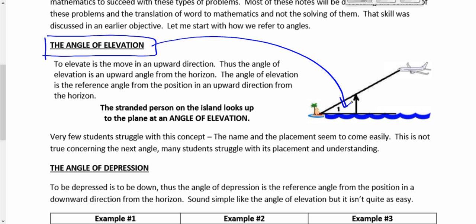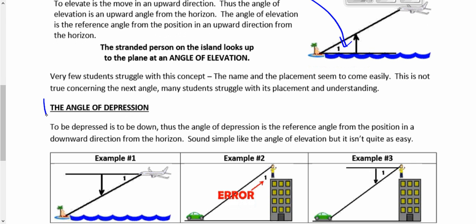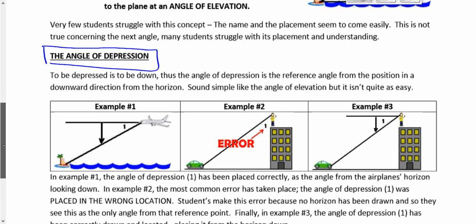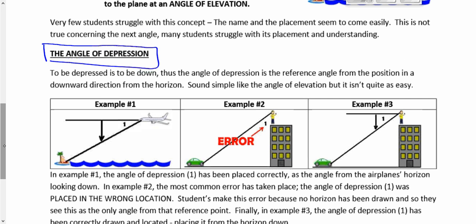Now, there's another type of angle, and we got to be real careful with this other type of angle. Angle of depression, okay? So the angle of elevation going up, the angle of depression would be doing what? Going down. From where is the thing, right? So, if you take a look here, you see this airplane? Its line of sight to the guy on the island is this angle up here. But you see this? You need that horizon line, okay? Because if you don't have that, you don't have the angle of depression, right? So it needs a horizon to be an angle of depression,